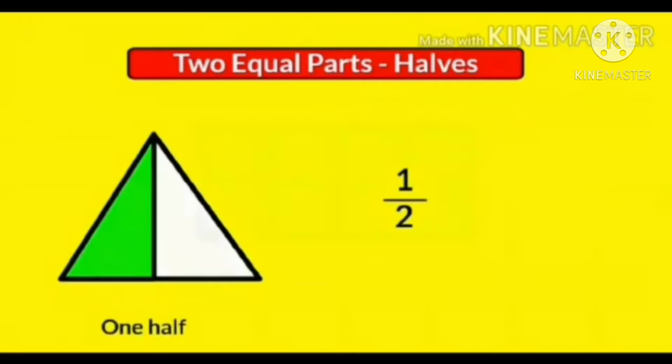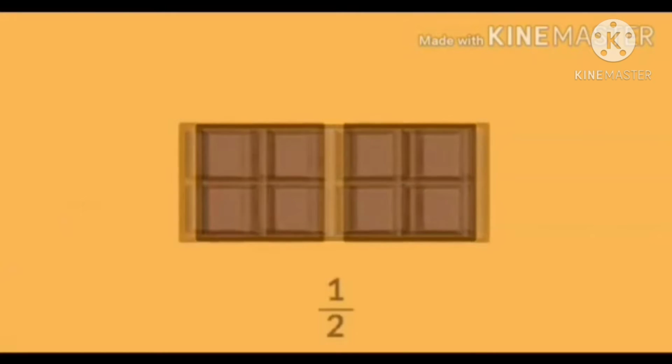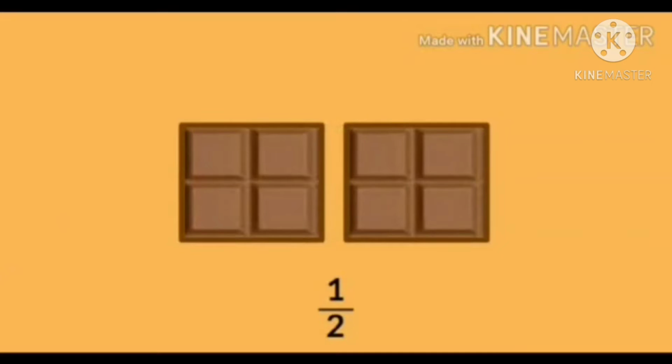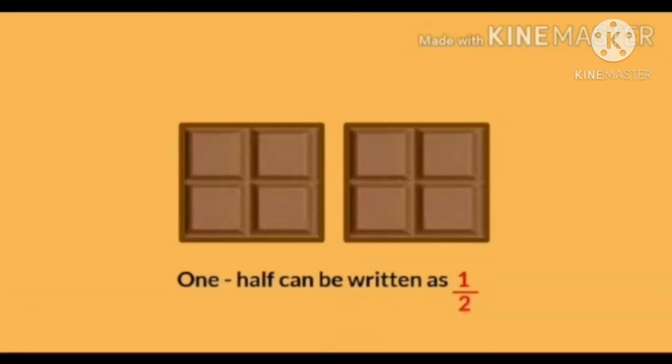For example, suppose you have a chocolate. If you want to divide it into two equal parts, you cut it in half. Thus, 1/2 of something means one part of two equal parts of that thing. Here, 1 is the numerator and 2 is the denominator, that is the number of total pieces of this chocolate. 1/2 can be written as 1/2.